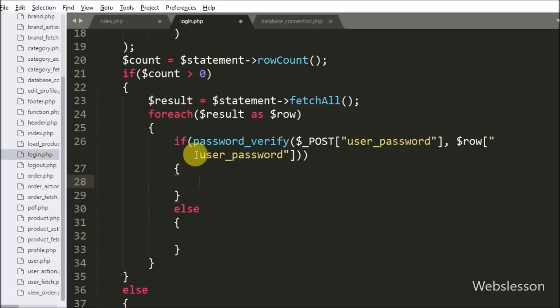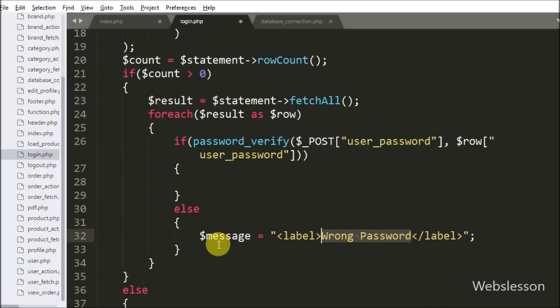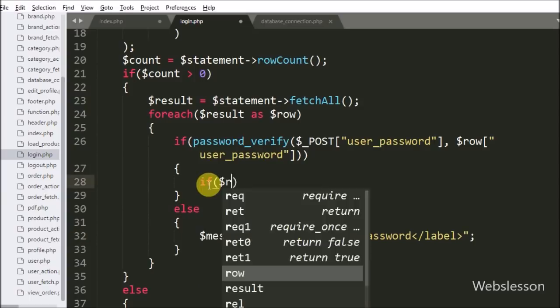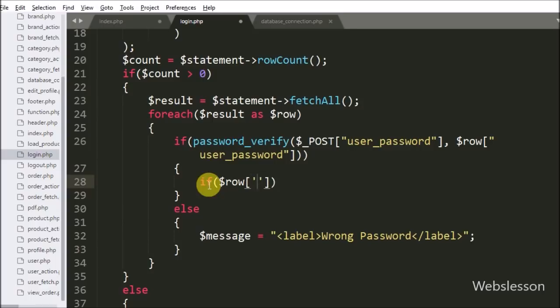If the password is matched, then it will execute the if block of code, but suppose the password is not matched by this password_verify method, then it will execute the else block of code. Under this block we have written the $message variable equal to text like "Wrong Password". But suppose the password is matched, then it will execute the if block of code, and here we have written an if block